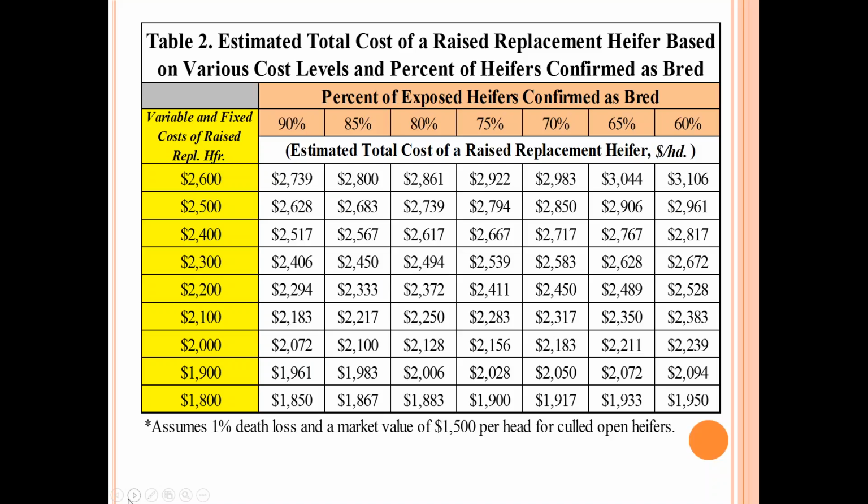Now in this slide, we're going to look at a sensitivity analysis of the total cost of raised replacement heifers with respect to the percent confirmed as bred, and then the level of cost for our variable and fixed costs to raise beef replacement heifers. For example, $2,600 of variable and fixed costs and a 90% level of confirmed as bred results in total costs for our raised replacement heifers of